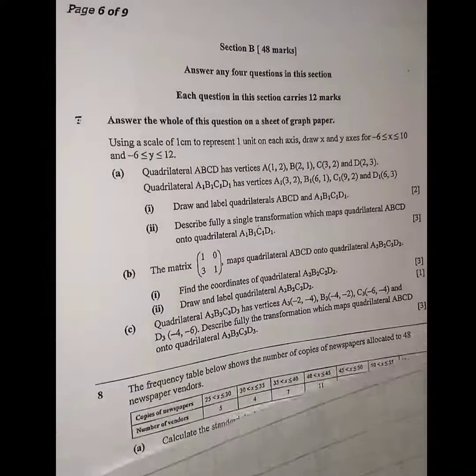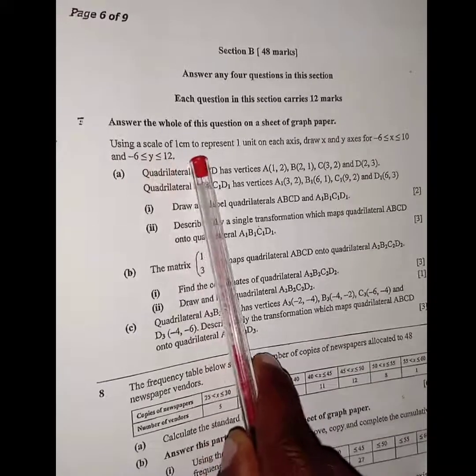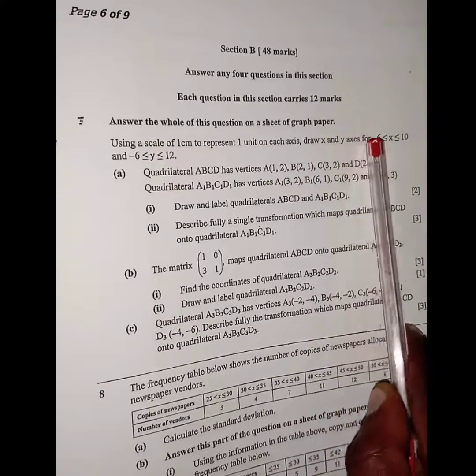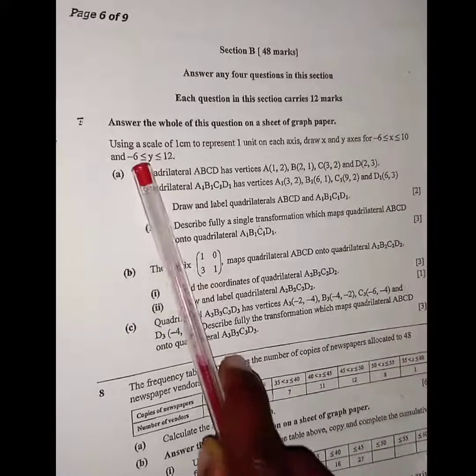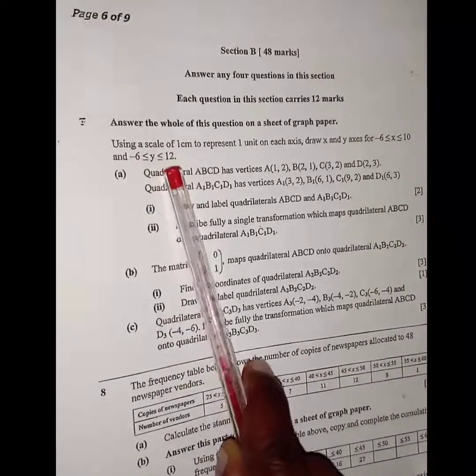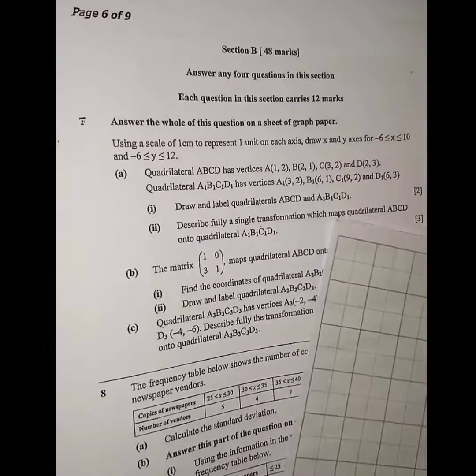Welcome to the 2017 GCE exam based on transformation, section B, question 7. Answer the whole of this question on a sheet of graph paper using a scale of 1 centimeter to represent 1 unit on each axis. Draw x and y axes for -6 ≤ x ≤ 10 and -6 ≤ y ≤ 12. So here it means we need to